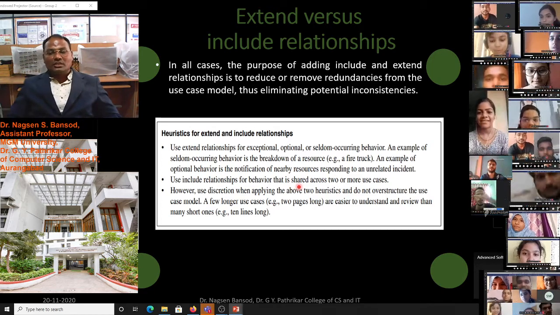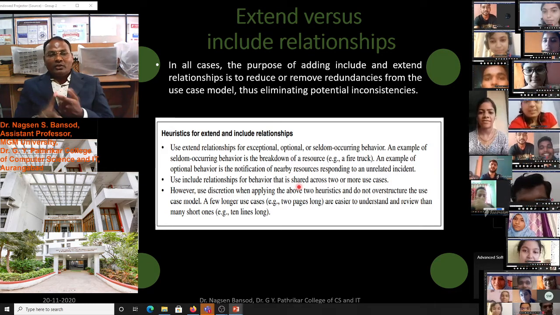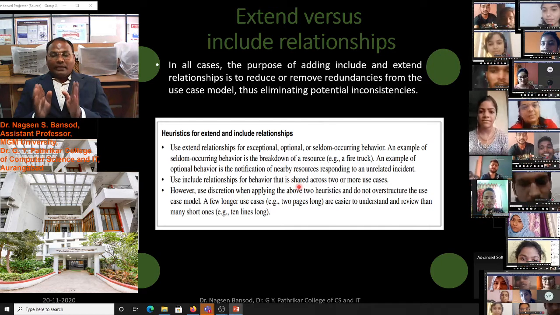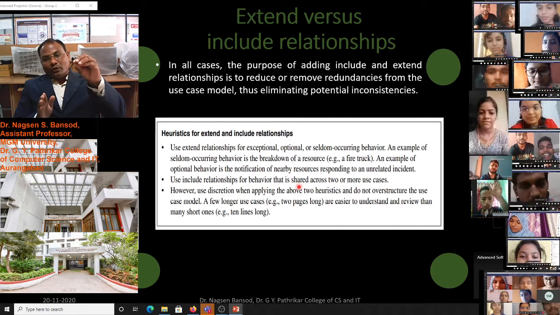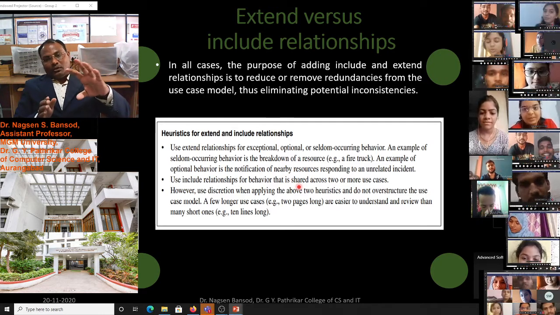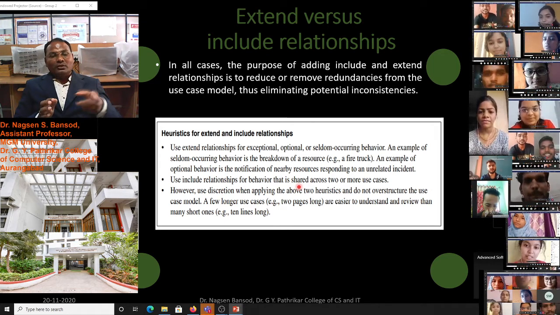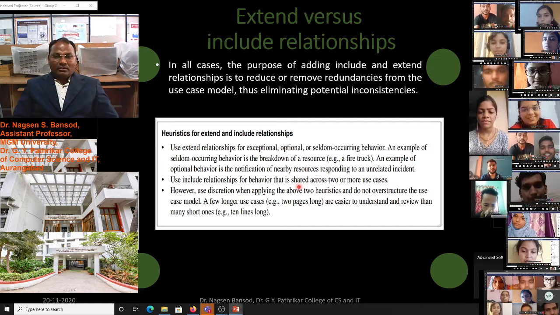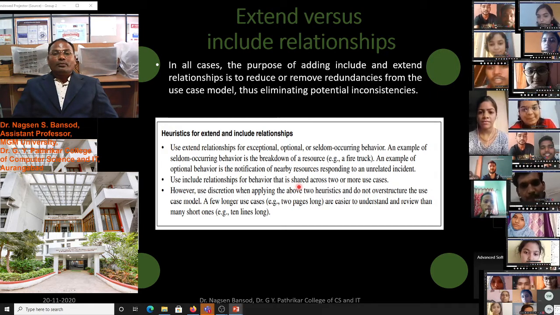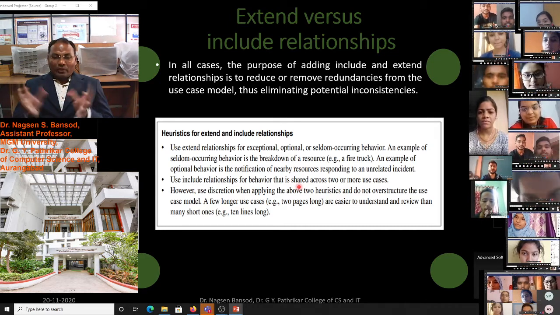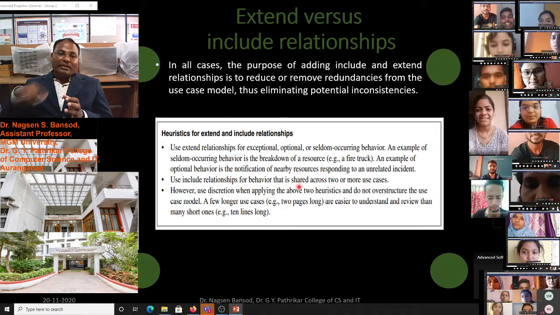Why do these use cases require extended and included use cases? To reduce the redundancy. We do not have to repeatedly use one use case, so we reduce that. We use include and extend relationships as well as to eliminate potential inconsistencies. Otherwise we would have to write one use case many times.